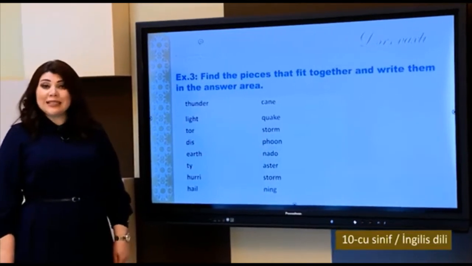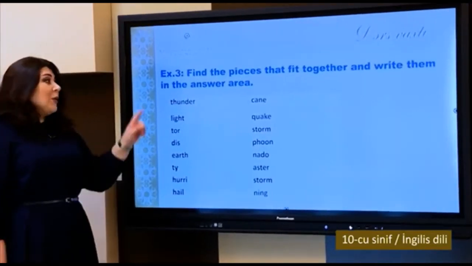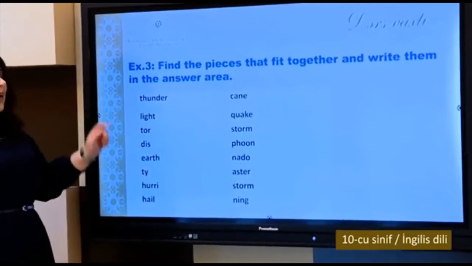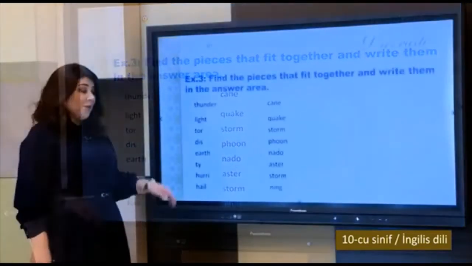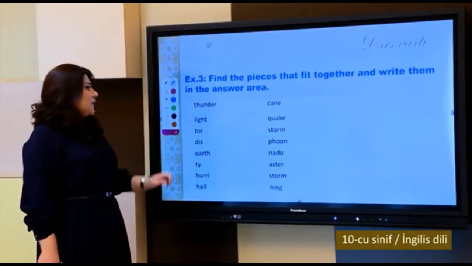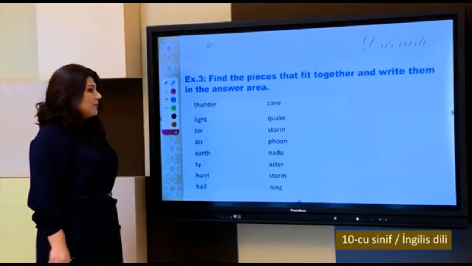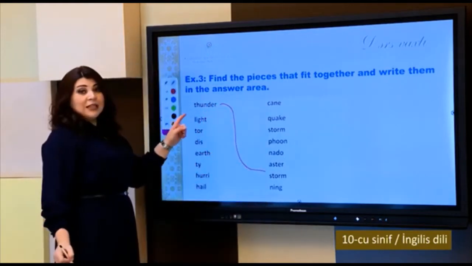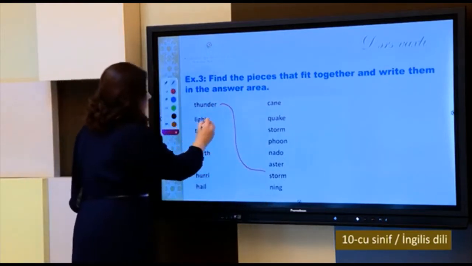Let's start with exercise number 3. You have to read the pieces that fit together and write them in the answer area. Let's see what words we have. So, thunder, storm. Then light, lightning,